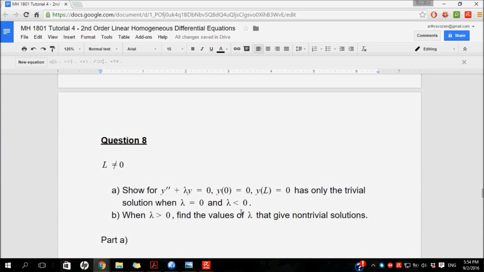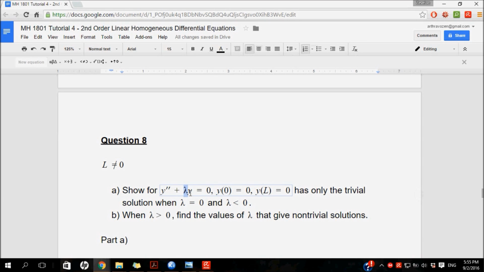Question 8 of tutorial 4. Let us assume that L is a non-zero real number. In this question, we're supposed to show for this differential equation, along with two given values, so you can see this is a boundary value problem, we show only has the trivial solution y equals to 0 when lambda in